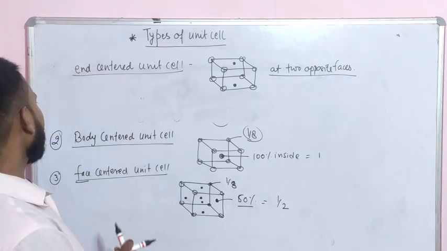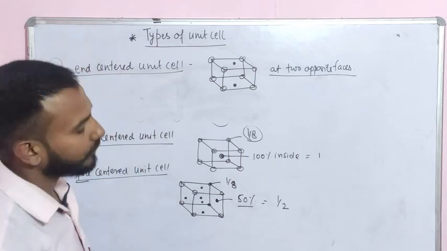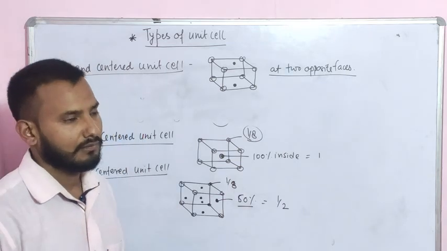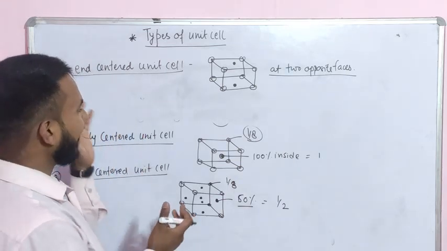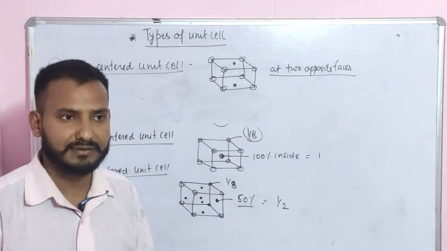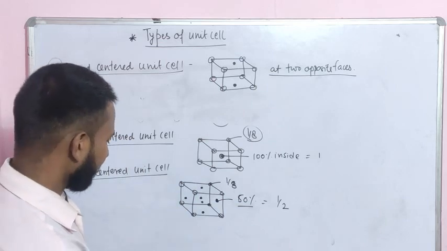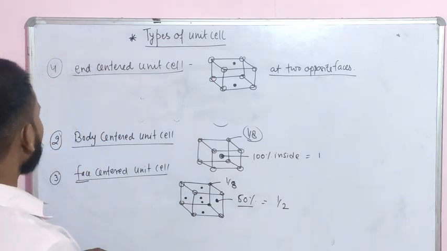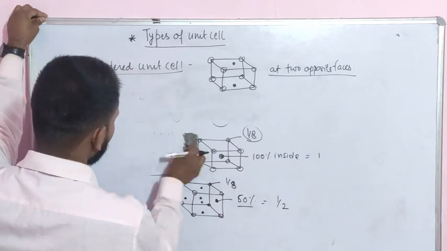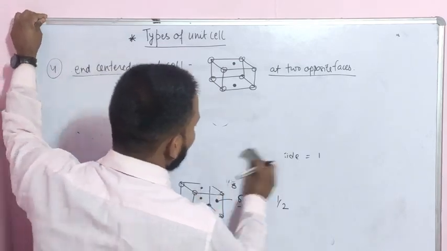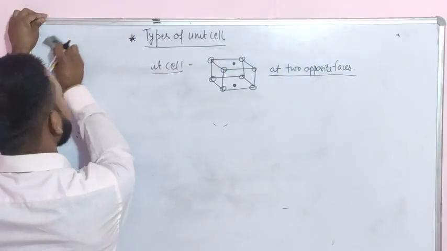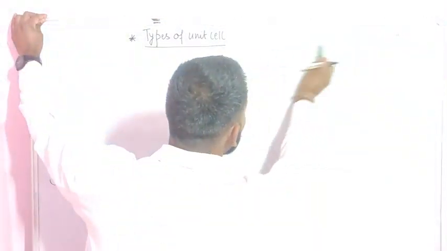So there are majorly four types of unit cell, and in the previous class we discussed 7 types of crystal systems. On combining all these, we have 14 types of Bravais lattice, which we have already discussed in our previous lectures. So there are 4 types of unit cells. Now there are some important points regarding these types of unit cells and the number of atoms per unit cell, which you have to calculate. On the basis of that, you will find some numerical questions of type 1.